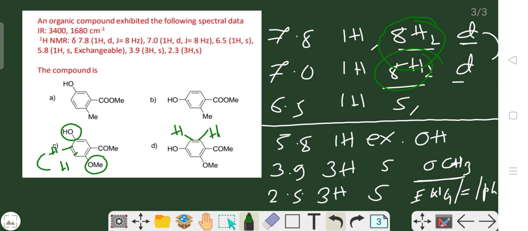But it is not like that. So we can simply conclude that this hydrogen, which is attached with COMe, that is the ketonic group, should be at 7.8. And this one is attached to the carbon adjacent to an OH group, so it should be at 7.0. And they are ortho to each other, that's why they show 8 Hertz, meaning ortho coupling, that is two hydrogens coupled together via 7 to 8 Hertz. That's called ortho coupling.